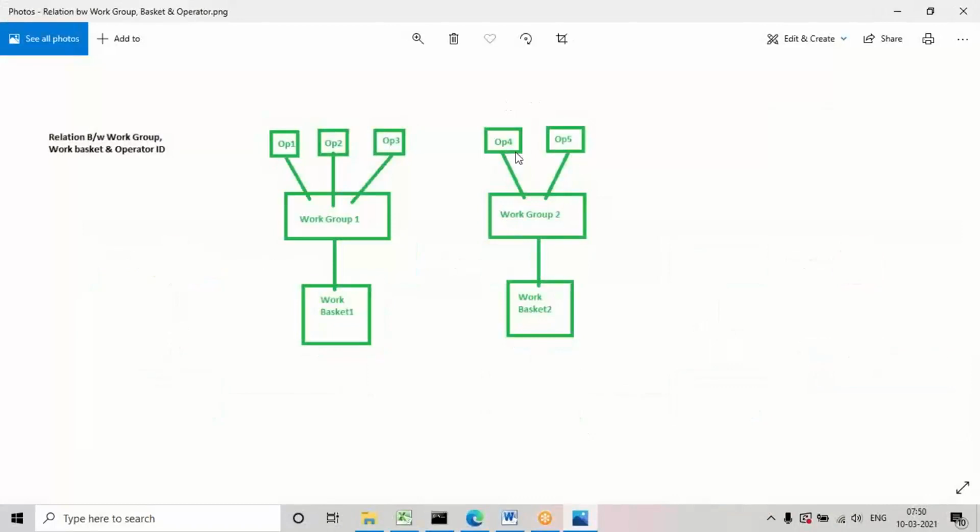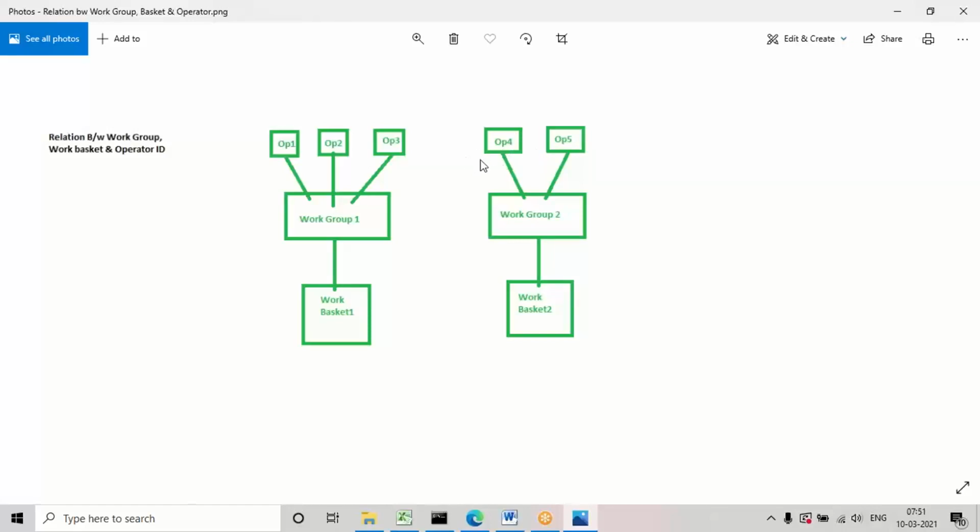So what happens here is, after the task is transferred, to both these operators, alpha m1 and alpha m2, the same work item will be transferred. But the thing is, only one of them will be working on the task. If one person requests the task, it will be assigned to PC underscore assign underscore work basket. It will be assigned so that the other operator cannot access it again. Any one person is working on it, the other person cannot access.